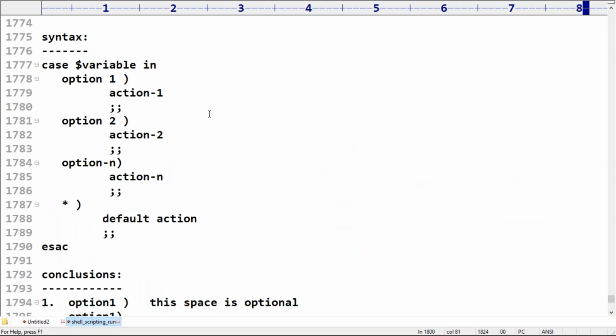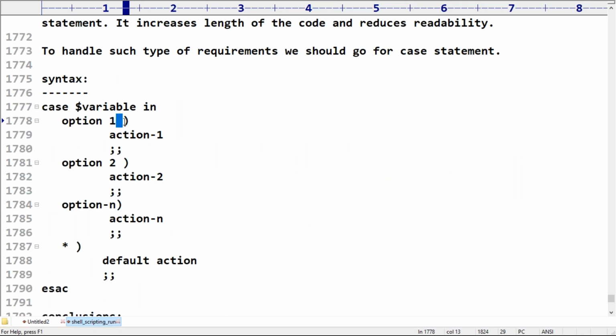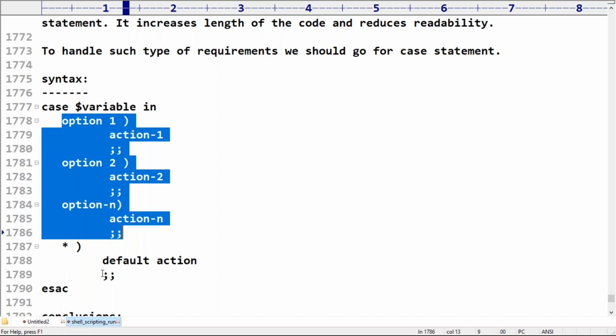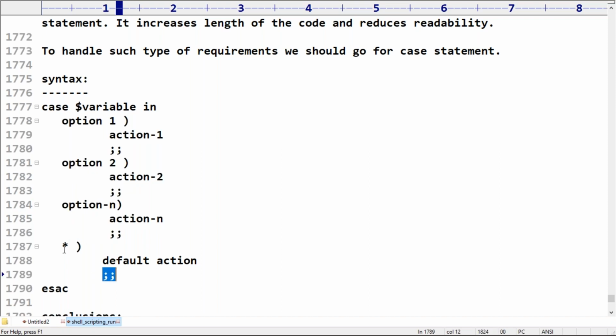Here, while defining, the space is not mandatory. If you want, you can remove the space, no problem at all. But these semicolons are used to come out of the case statement. These semicolons are mandatory everywhere, but the default option is optional. It is recommended to take the default last. If you take it somewhere else by mistake, then for every input only this is going to execute, which is meaningless.